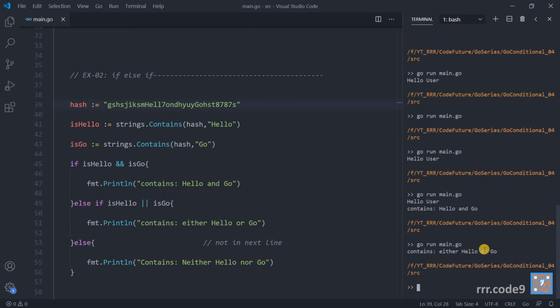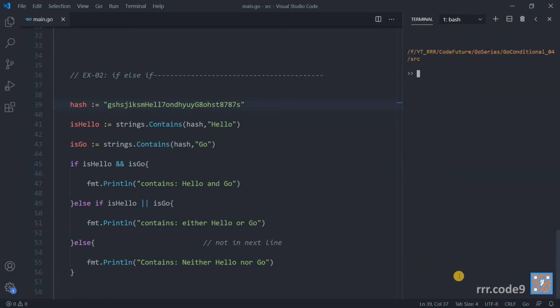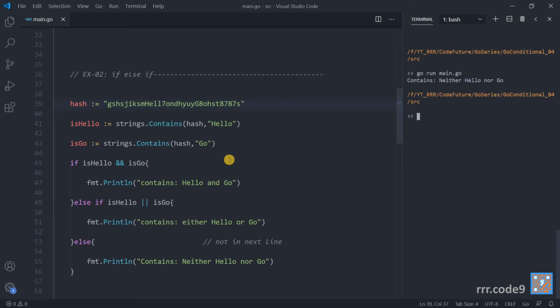Here you can see the output is contains either hello or go, correct? And if I change the hash string again, putting a value here, let's say let it be 8. So here is the output. As you expected, we are getting contains neither hello nor go.